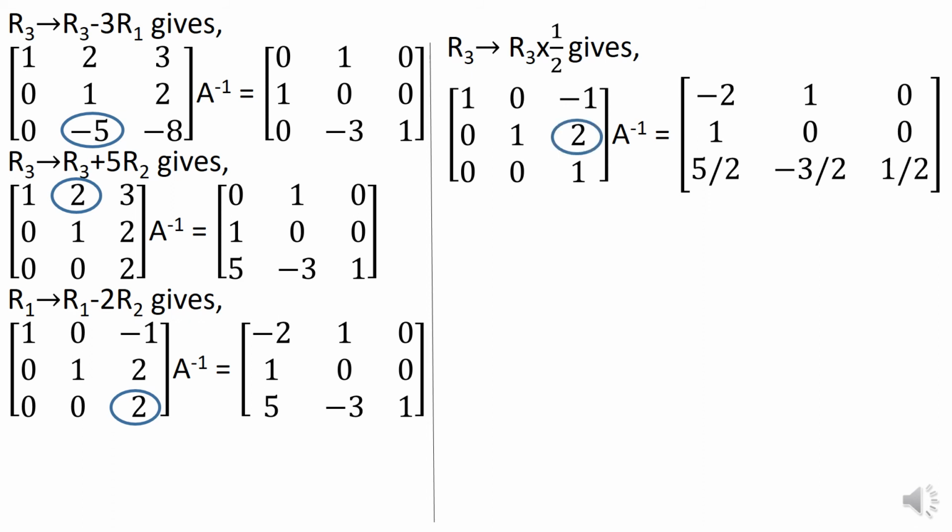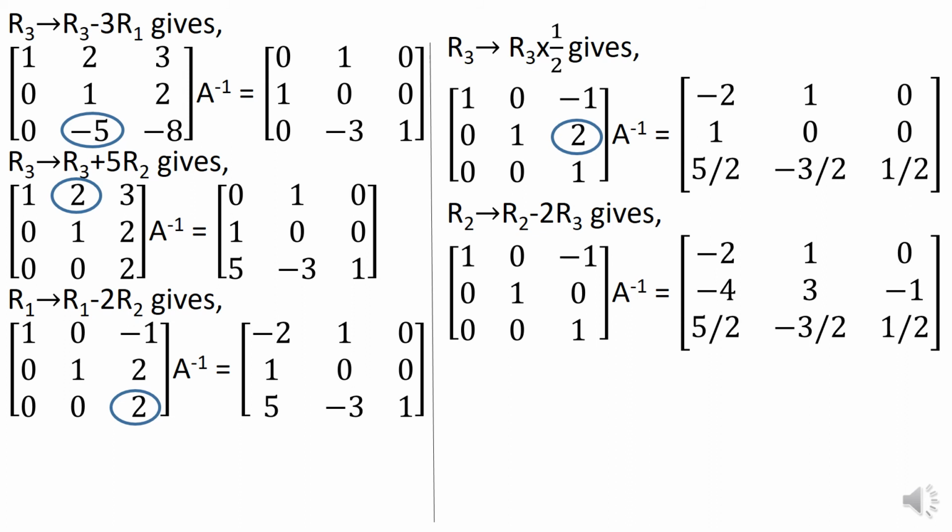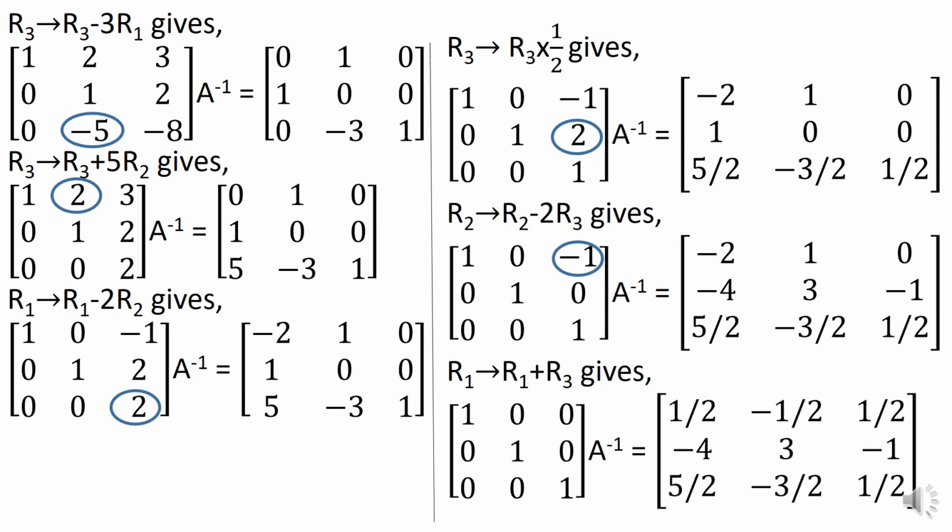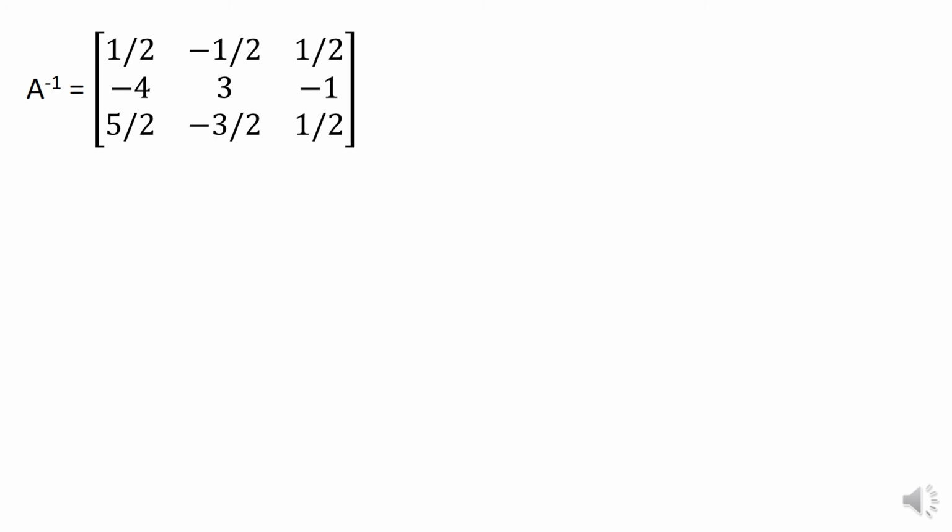Then we want to convert 2 into 0, which is done by doing R2 minus 2R3, whereby R2 changes on LHS and RHS. Then minus 1 has to get converted into 0. This can be done by doing R1 plus R3. Thus, we get the correct matrix over here. So, A has been converted into I. Correspondingly, on the RHS, I has been converted into a new matrix. So, we can write that A inverse is equal to the given matrix there.